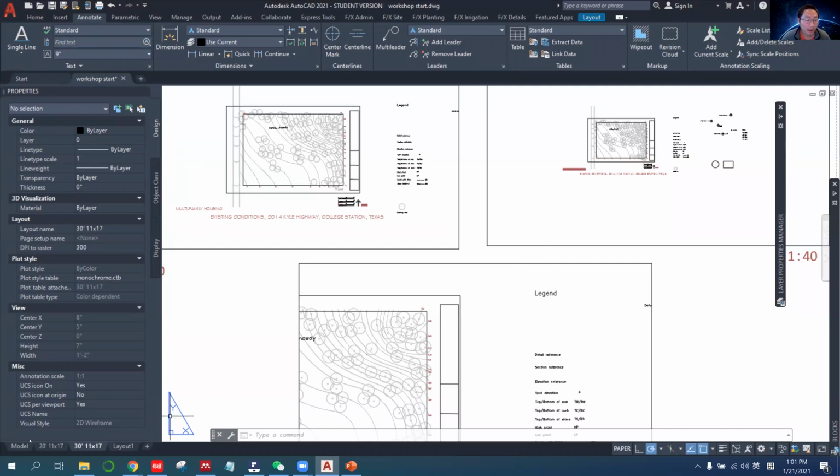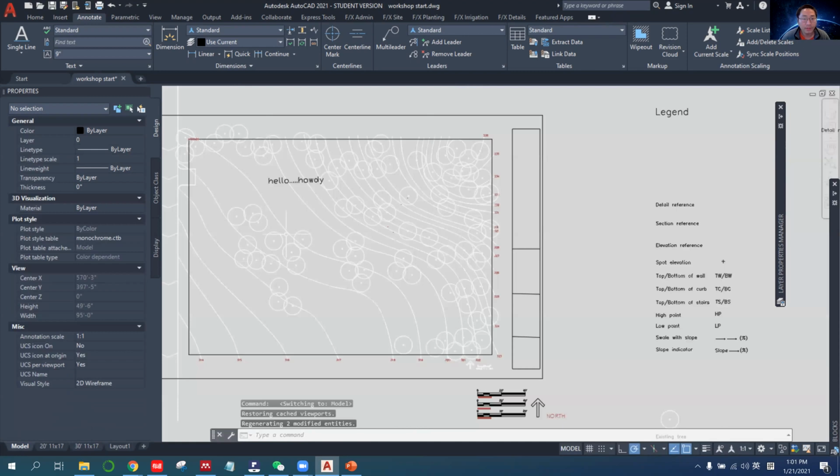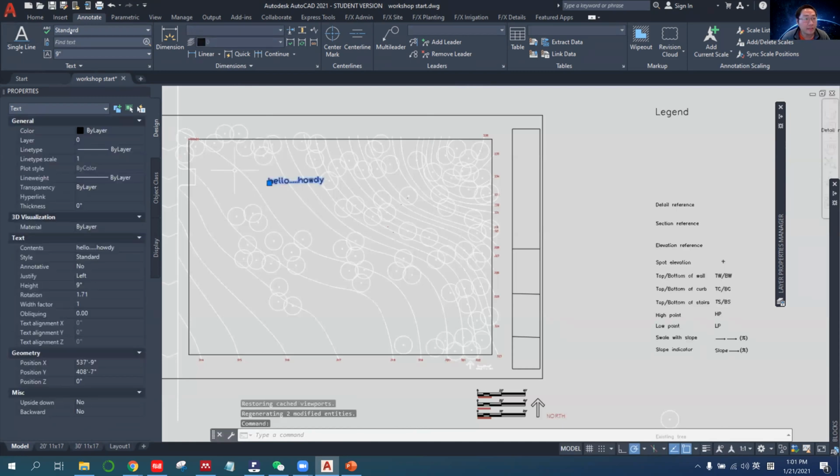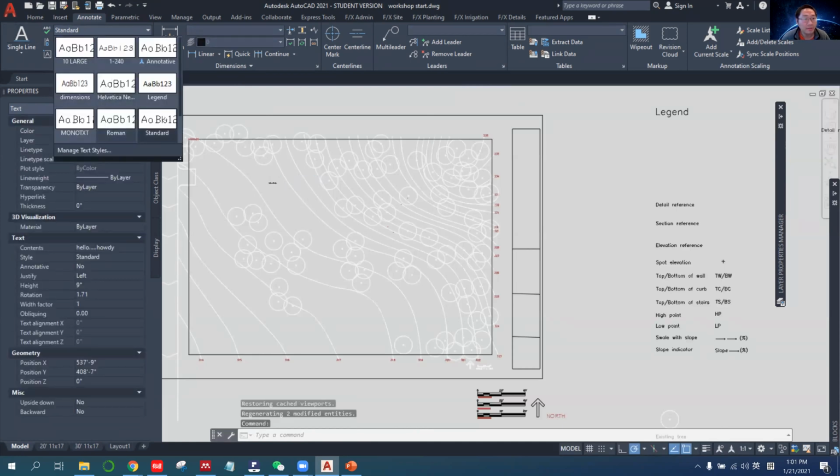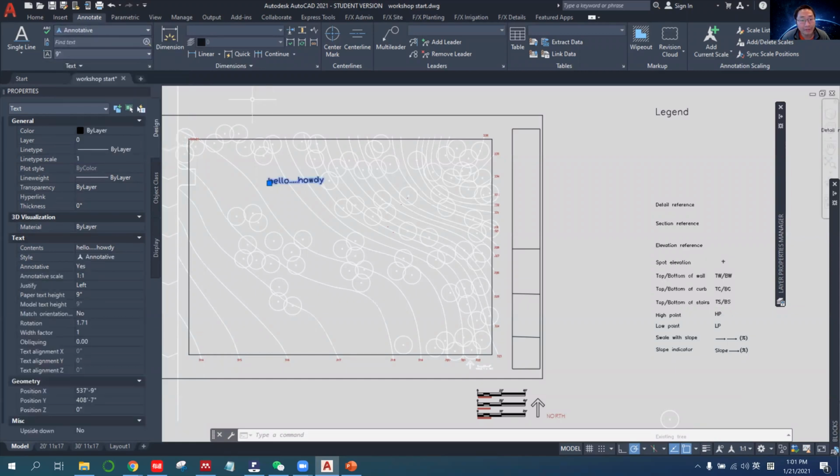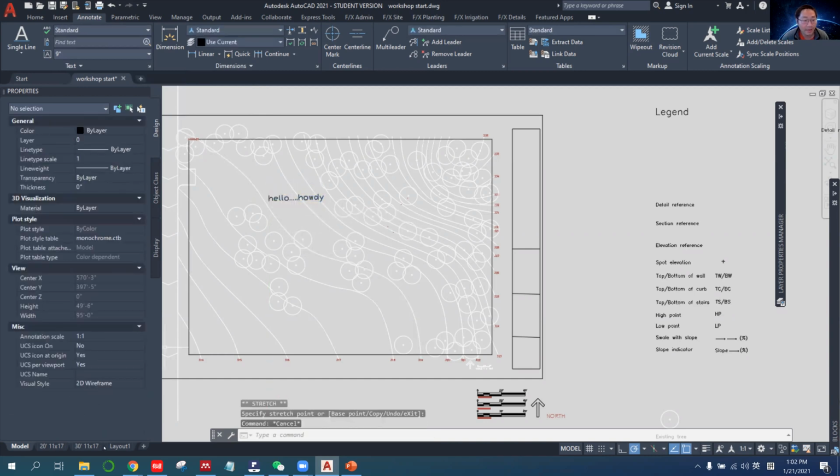That's through the annotative option. If you choose all this, you will always change the sides when you go to model space, or sorry, layout space. That's why you want to choose this annotative one. If I pick annotative, here you see the size is like here, but right now it's annotative, right? And if you go to here,